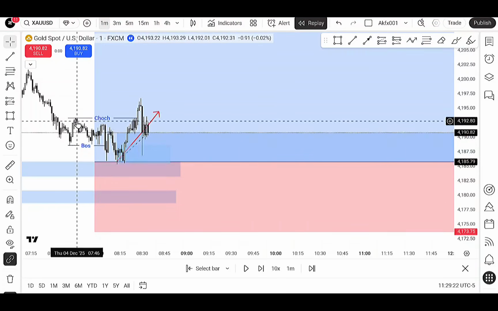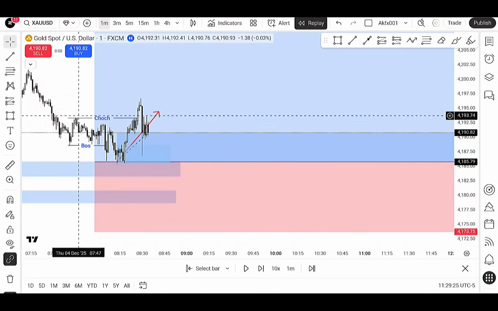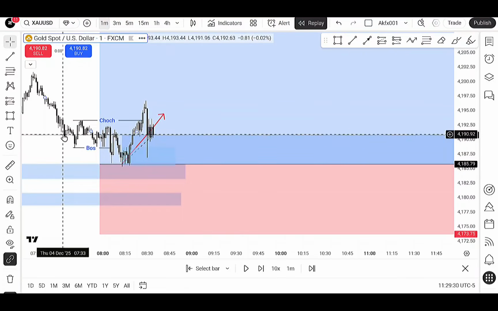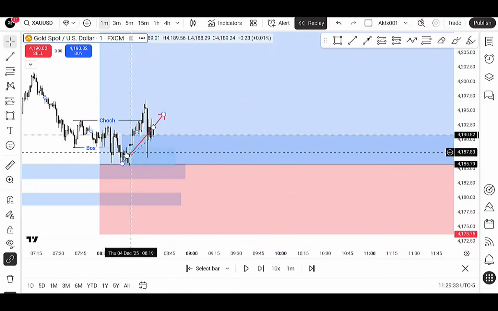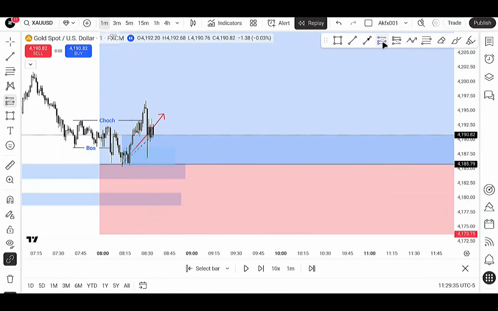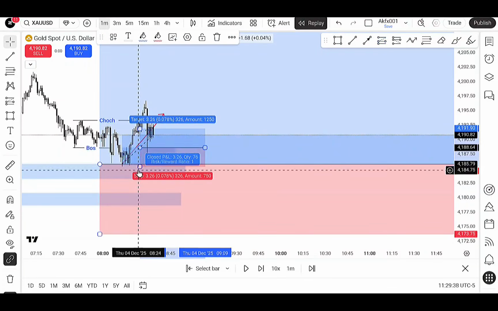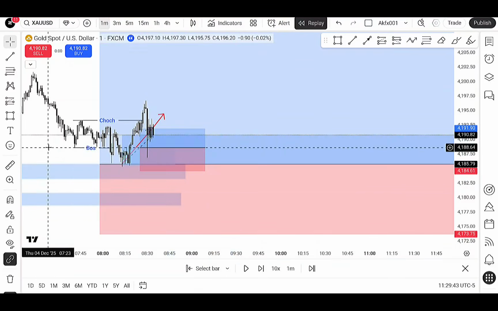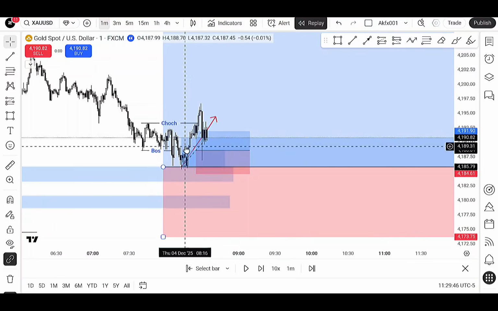For a pullback to be valid, you need to have about 3 candlestick pullback for it to be a valid pullback. So when you see me doing this, you know that it's coming out of a place of documentation, right? So immediately you have your point of interest, everything is set. You kindly place your limit order, put your stop loss a little bit below the lows. You get, the 1 minute time frame,